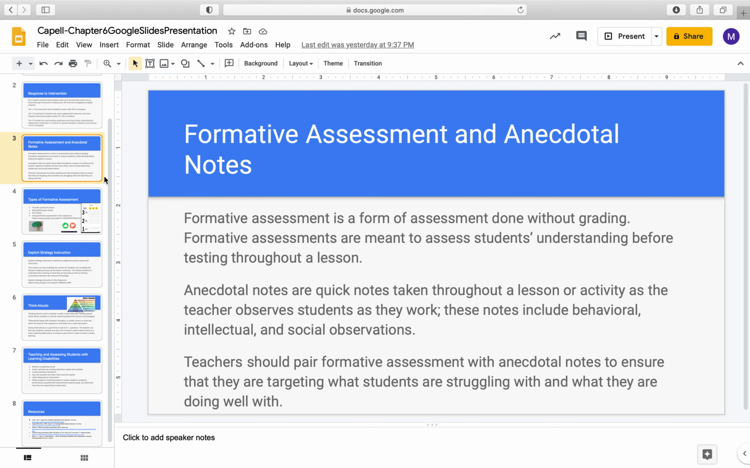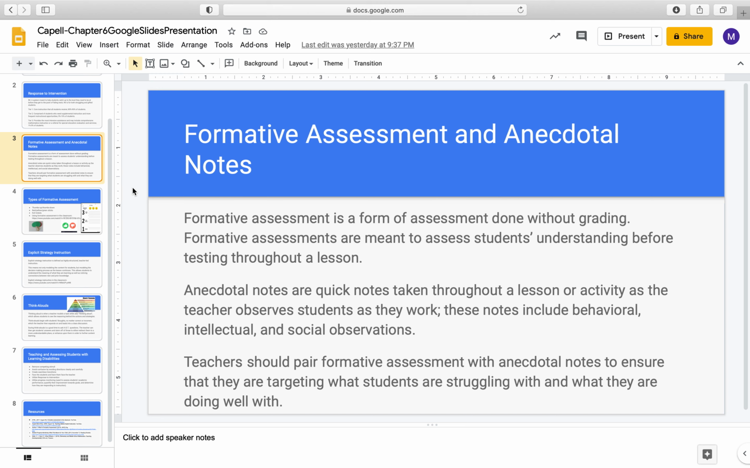Another one that we focused on was using formative assessment and anecdotal notes. I actually do this a lot in my lesson plans. I like doing formative assessments. They're not graded, and they can be a very quick way of assessing students' understanding, especially if you do it all throughout a lesson. And then I'd also have to take anecdotal notes to do that. I like taking anecdotal notes all throughout the lesson, or as much as I can, right after a lesson or whatever,